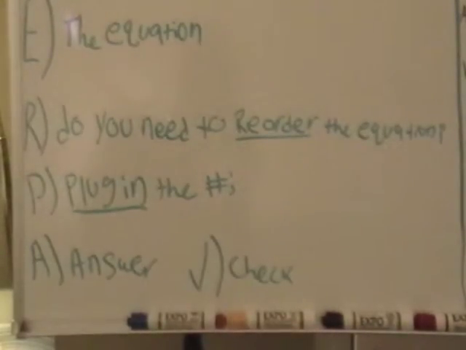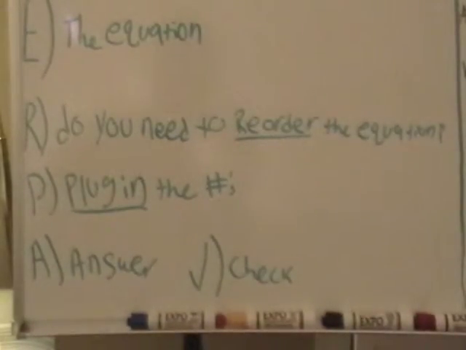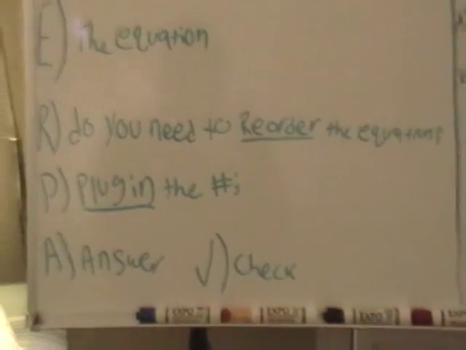Now the difference between answer and check, as you can see, they're two different things. I kind of put them side by side because they seem the same a lot, but they're different, especially in physics. Hopefully you watched my other video on significant digits, and that comes into play a lot in physics. So we give our answer, and then our check is that answer rounded with the correct amount of significant digits. So I gave a really easy example up here,